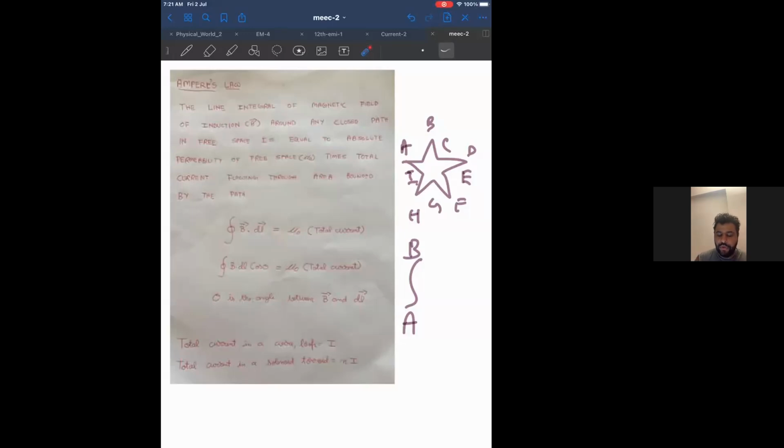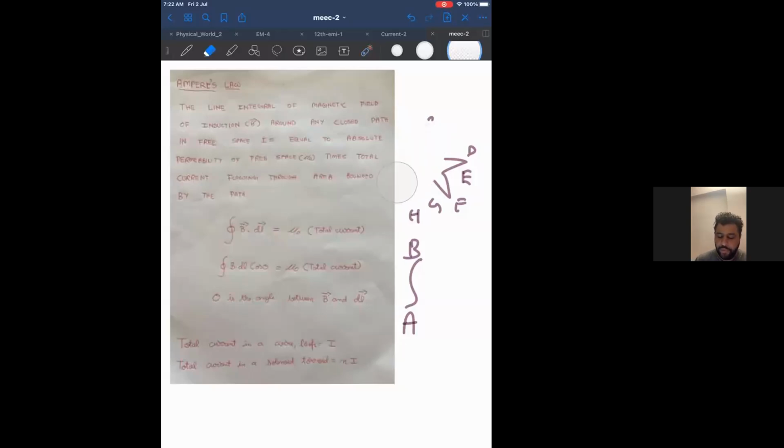Okay. So this is only possible in closed surfaces. For example, only in a rectangle, I can come back. Correct? In a rectangle, I can come back. A to B, B to C, C to D, D to A. But in an open surface, in a line, I cannot come back. A to B, I cannot turn back. I'll tell you what it means. Understood the difference between closed integration and open integration, or closed surface and open surface.